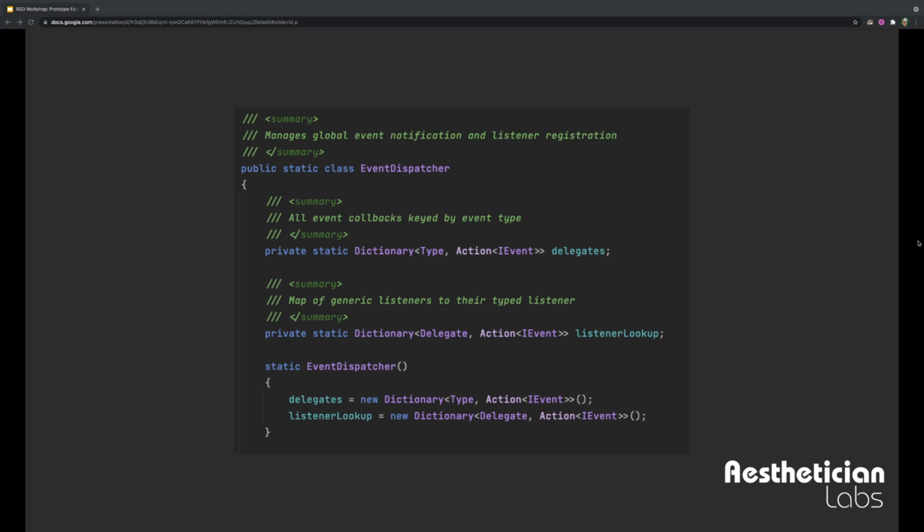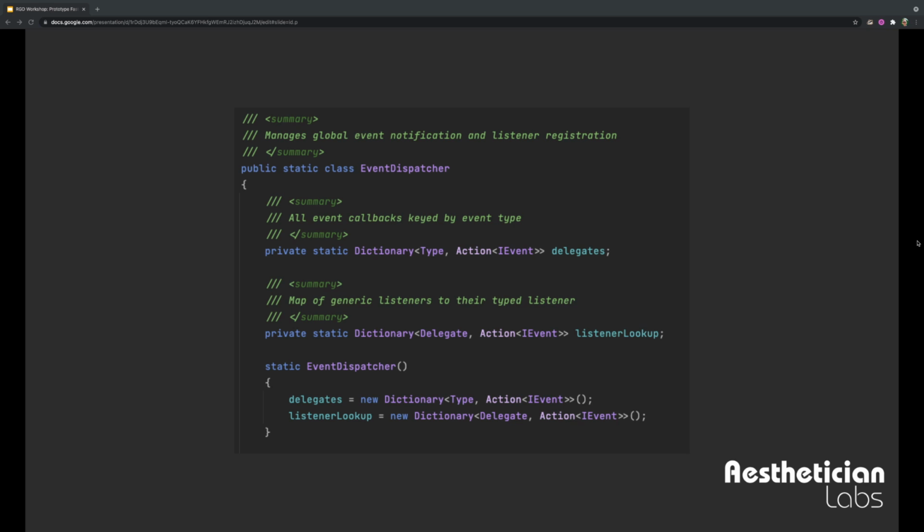So our event dispatcher, like I said, holds a reference of event type to actions that receive the event. And so you see we have that iEvent interface again. And then we also maintain a map of generic listeners to our type listener. This is a little bit of a quirk of C#. Other languages are similar. It just depends on what you're working with and how rigid their type system is.